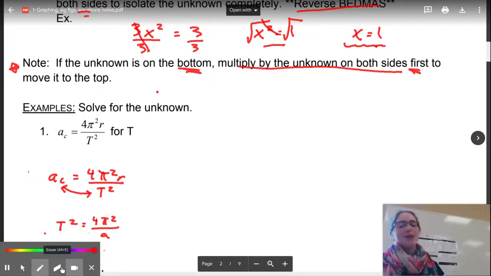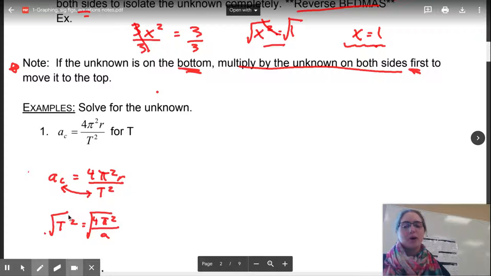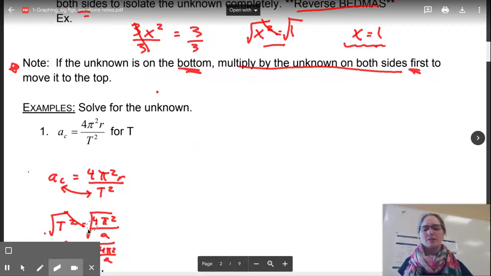Okay? And then once you have traded there, then you can square root, cancel, and then you can get your t, that's already squared, and your 4 pi squared over a. So that is an acceptable method. You can definitely do that. That fits. And another method that you can do, which is generally not a very popular method because it involves